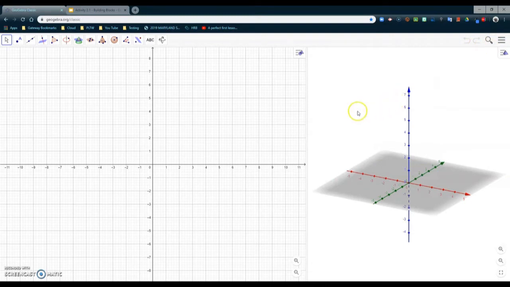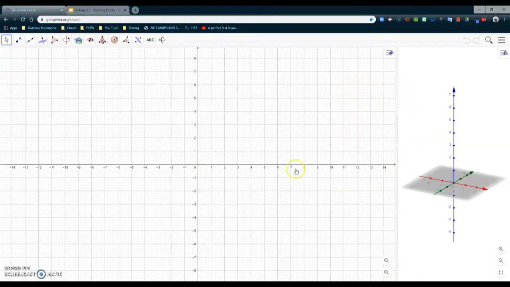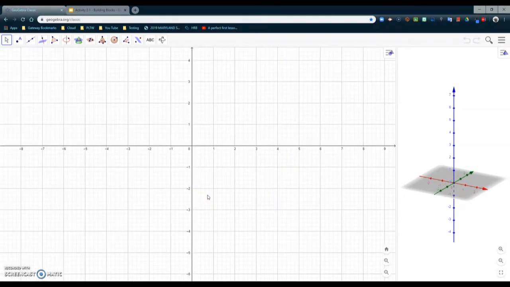Now to start making our solid shape, the first thing we're going to need to do is make a two-dimensional shape in our graphics window. Once we make that two-dimensional shape, then we can make our three-dimensional shape. So let's take a look at what our two-dimensional shape should look like. In this case, we are going to make a 1x1 square. So we're going to be using our coordinates of 0, 0, 1, 0, 1, 1, 0, 1, and 0, 0